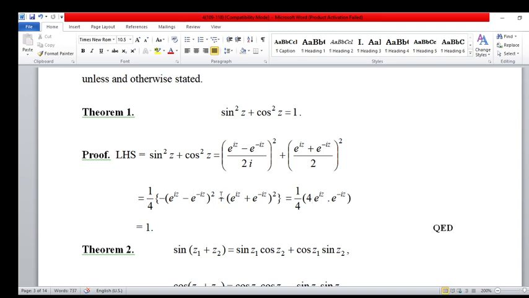Open this, after solving this it is a² plus b². Now after cancellation,